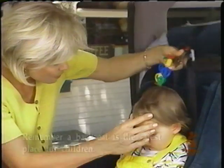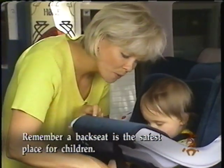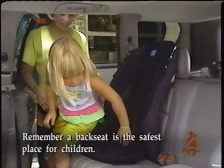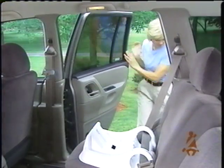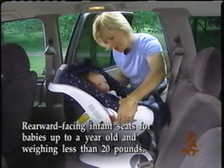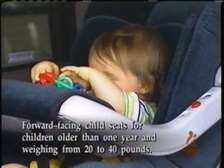Children weighing up to 60 pounds should be secured in a back seat, in a rear or forward-facing child seat, or a forward-facing booster seat. Now, older children not using a child seat should ride properly adjusted and buckled up in a back seat. There are 3 types of child restraint systems generally available. Rearward-facing infant seats for babies up to a year old and weighing less than 20 pounds,